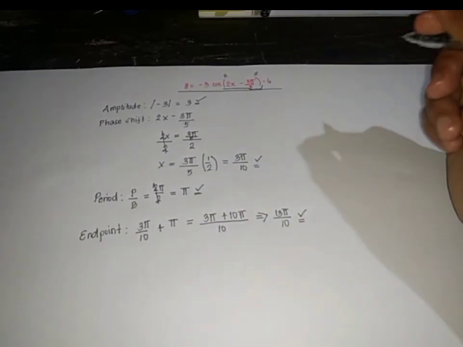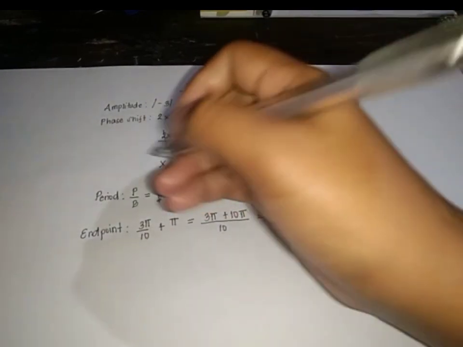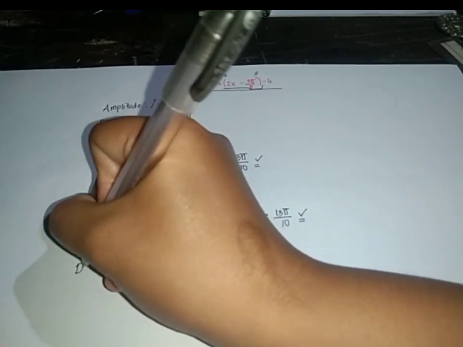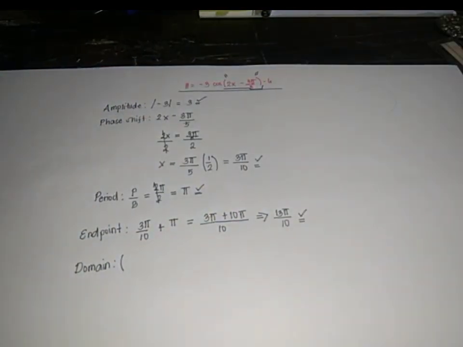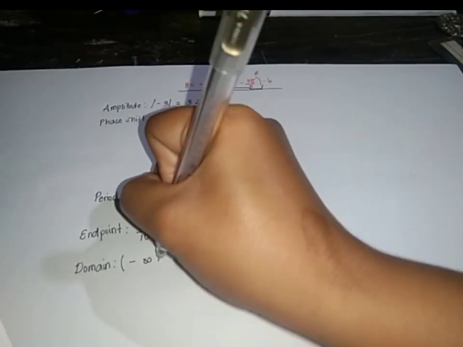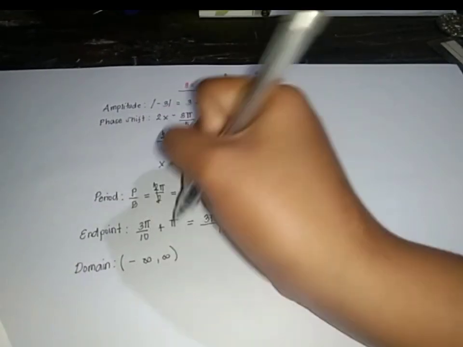We already have the endpoint. Next is the domain, which is negative infinity to positive infinity. And the last is the range,